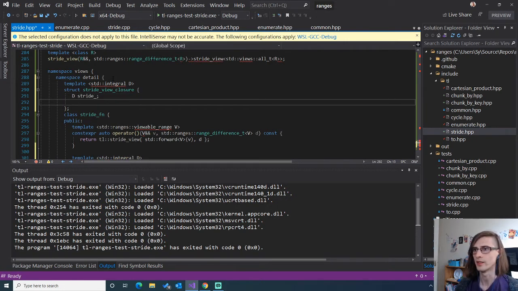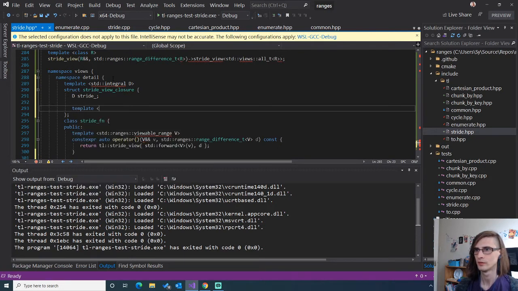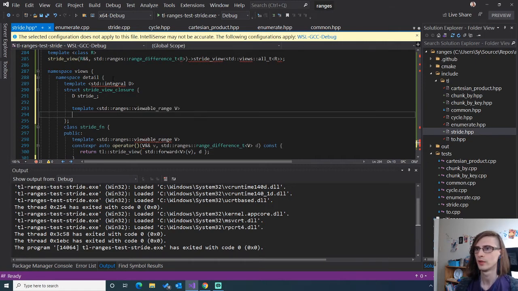And it has a bar operator, constexpr auto friend, or is it friend constexpr auto operator bar, which takes our viewable range and our stride view closure,